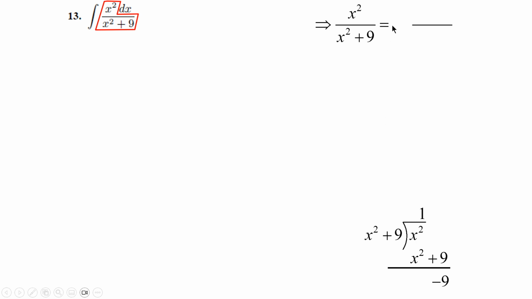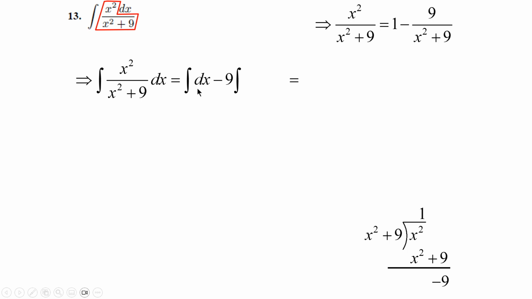We got our quotient 1 plus our remainder, which is negative 9, minus 9, over our divisor, x squared plus 9. So let's put this together, and we get the antiderivative of 1 dx, minus 9 times the antiderivative of dx over x squared plus 9. Okay, let's start solving this baby right here. So I'm going to go, well, the antiderivative of dx is just an x minus,